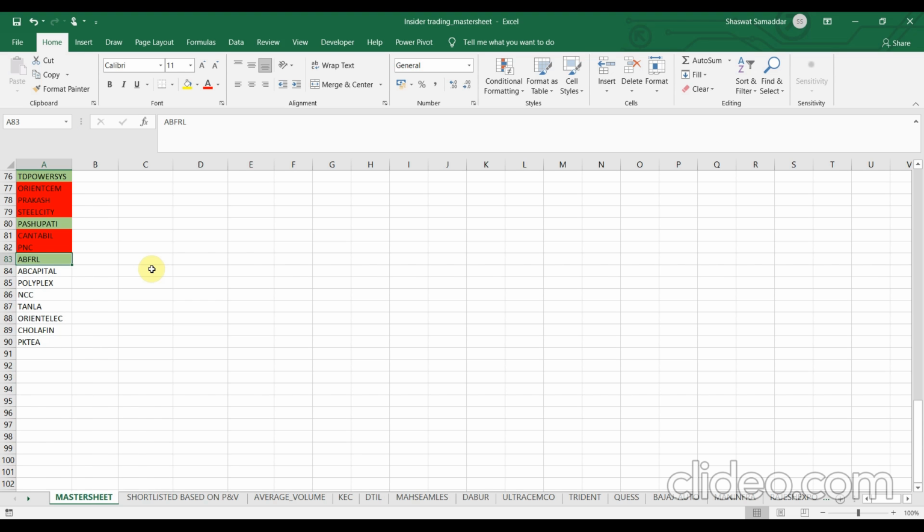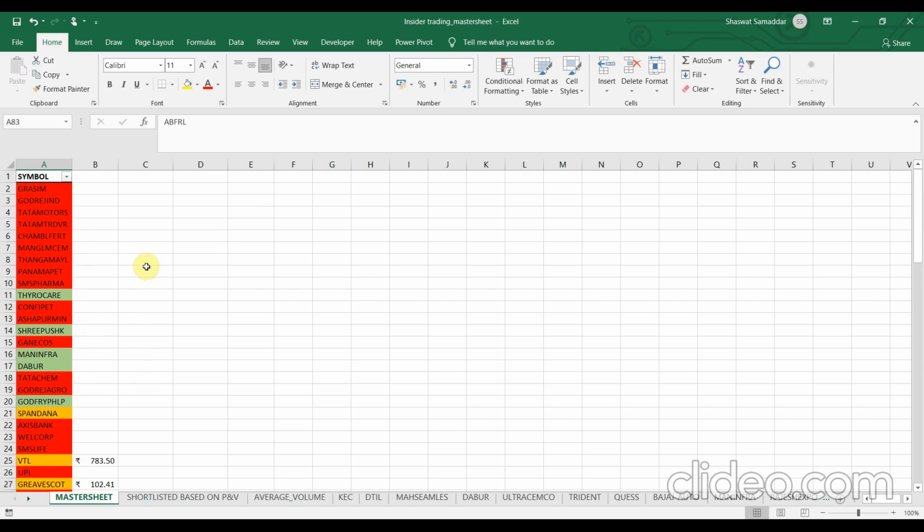And the third one, if the stock fails to pass any one of the primary filters, namely the promoter encumbrance, SAS regulation, or the shareholding, then I mark it as red. So since Aditya Birla Fashion Limited passed all the four criteria, I marked it as green.